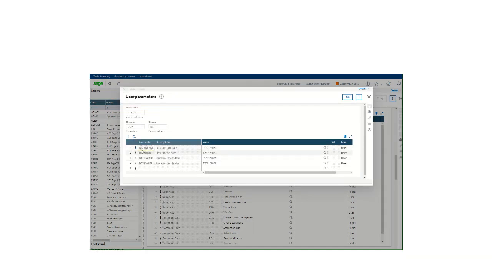and we're going to be focusing on the parameters for the default start date and the default end date, lines 1 and 2. And I'm going to make a change so that the values will be 2025 as the start and end date. So the default start date is going to be 1/1/2025, the end date 12/31/2025. I'm going to click OK,